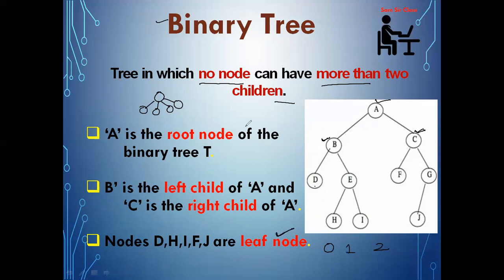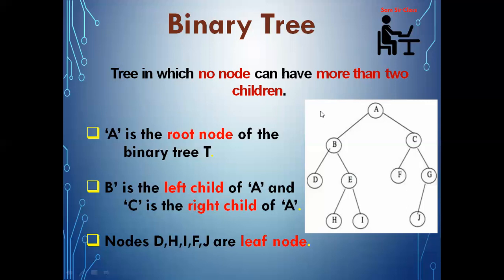Now it will be easy for us to define the binary tree. Why? Because in a binary tree, every node will have three things. One, the information or the value itself. Second, the address of the left child, and third, the address of the right child. And whenever a node keeps the address of a left child, that left child is itself also a node.